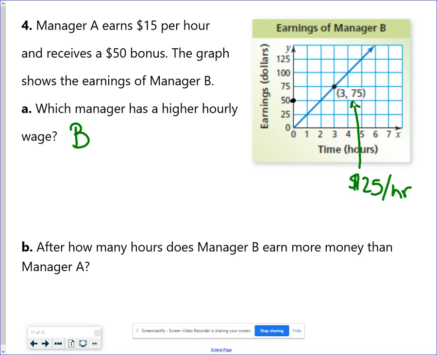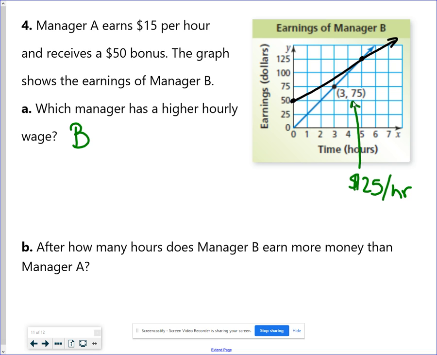Let me see here, I'm just trying to find a nice spot. For 5 hours, that'd be $75 that we could add on to the 50, which would be $125. That would be right there. So if I graph this line,